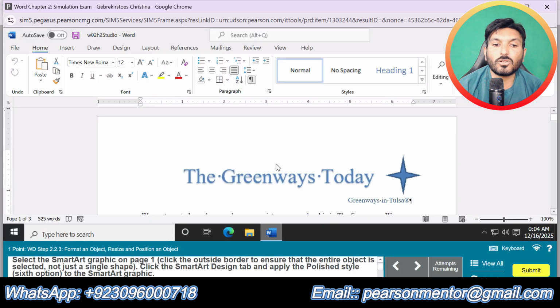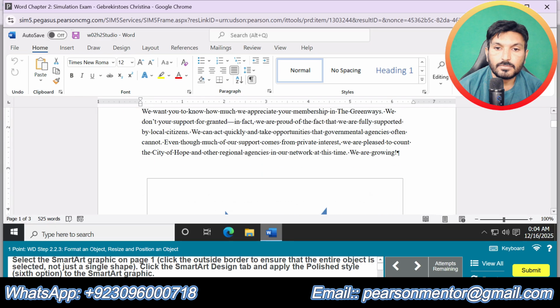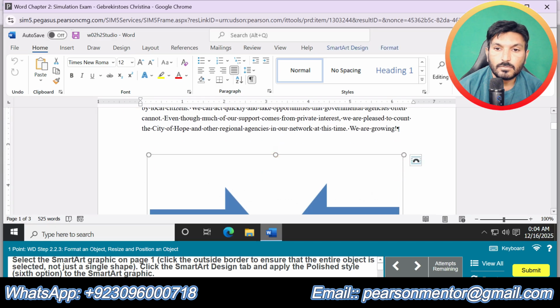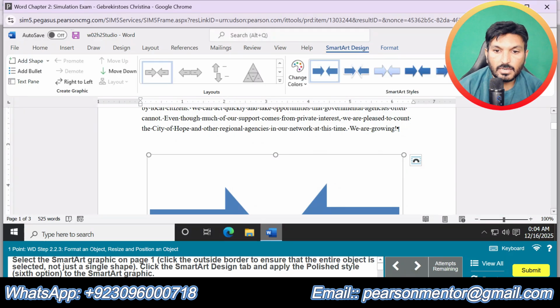Select the SmartArt graphic on page 1 so that the entire object is selected. Select it. Okay. Click the SmartArt design and apply the polished style.